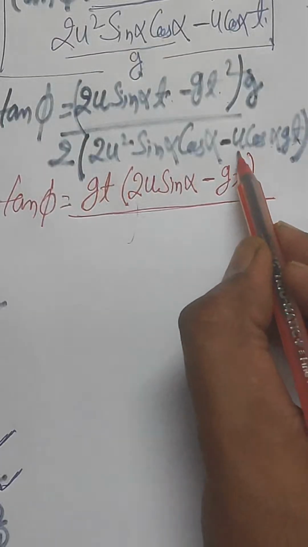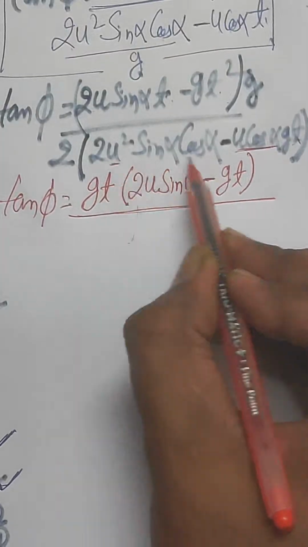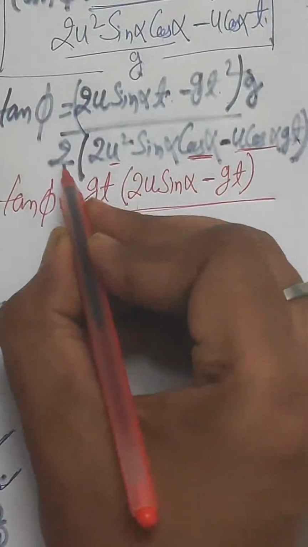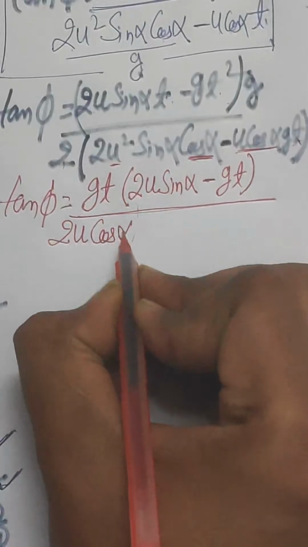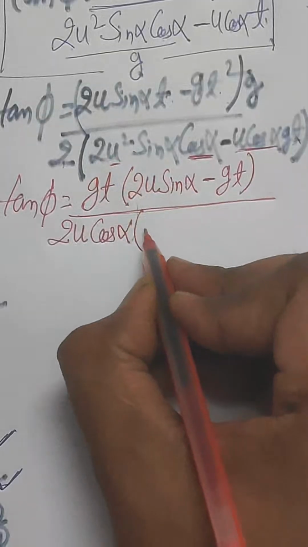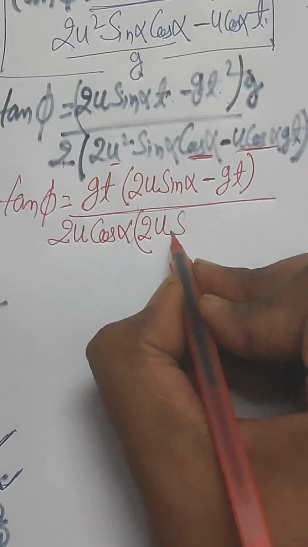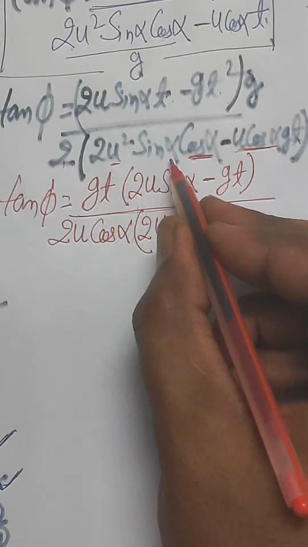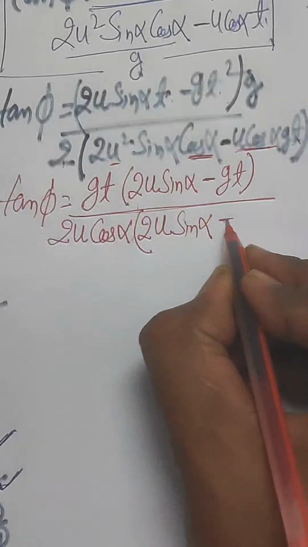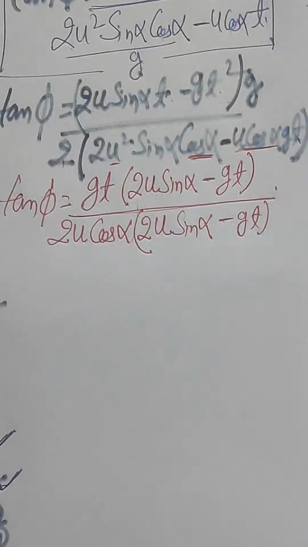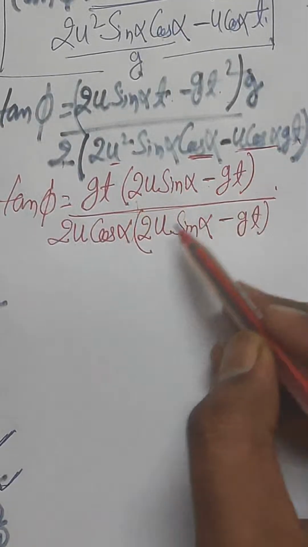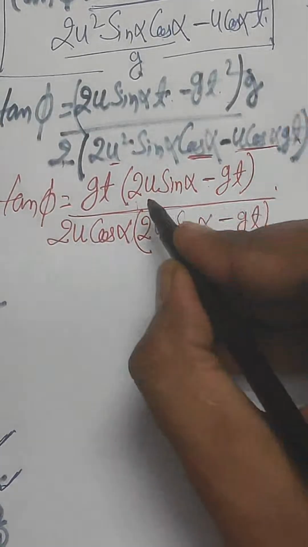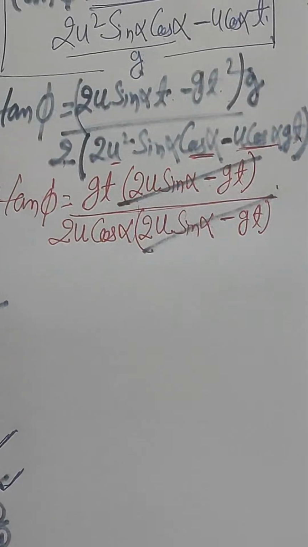2, here you can see u cos alpha is here and u cos alpha is here. So that's why 2 is already there outside the bracket. So we have taken out 2u cos alpha and we are left with 2u sine alpha from the first term minus gt, right? So this will give you, see here you can see 2u sine alpha minus gt, 2u sine alpha minus gt. So this will be cancelled out, this entire term, right? And you are left with